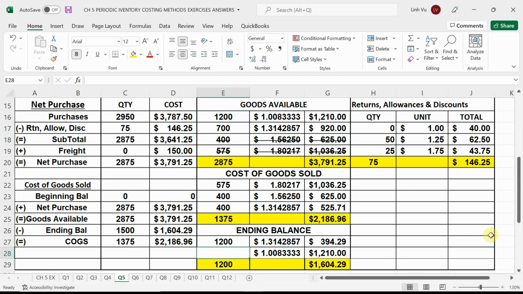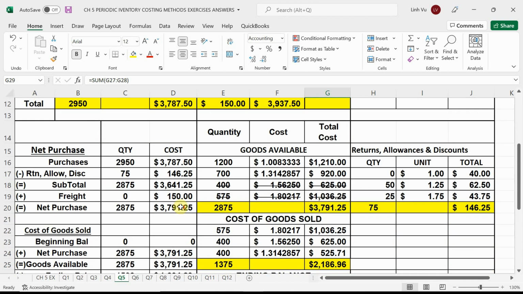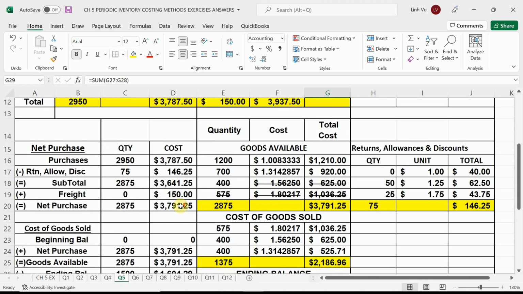So I purchased the 1200 and there was 300 left. Okay. There you go, 1604.29. So now that I've finished solving for my table here,